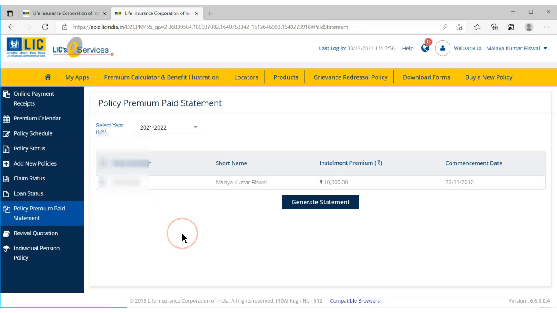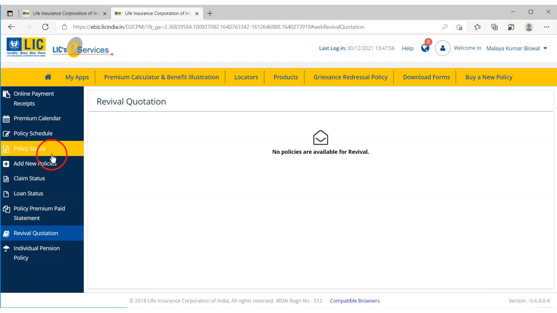So when you are filing your income tax and you need to submit the consolidated premium payment statement for all your policies, from this tab you can generate that consolidated statement. You can select all the policies and say generate statement, so it will give you the complete statement for that whole year. And this is revival quotation. So these are all the options that you have under